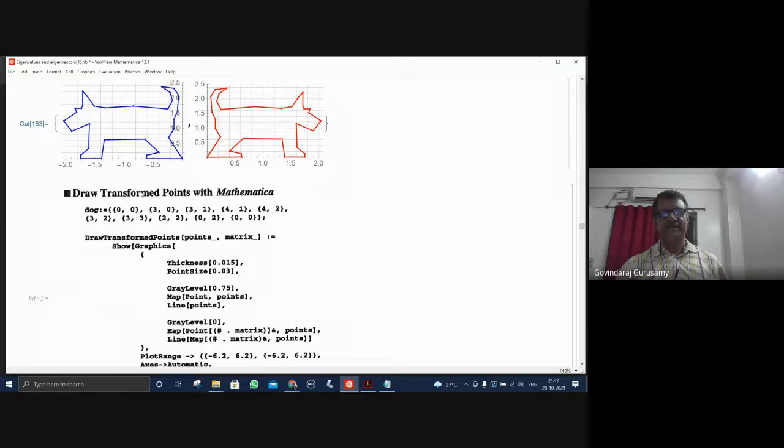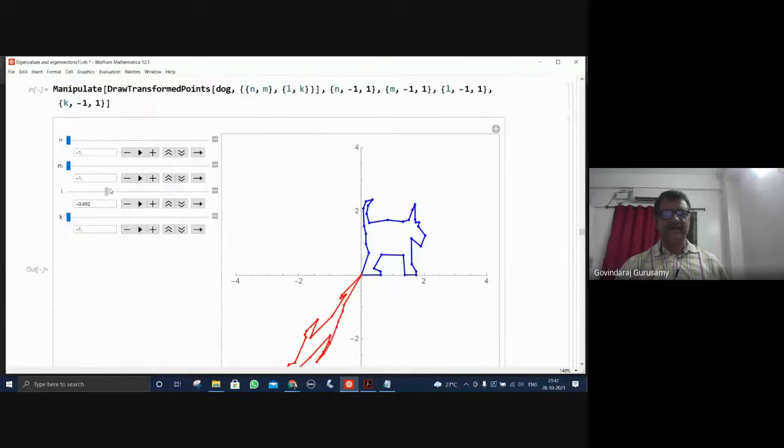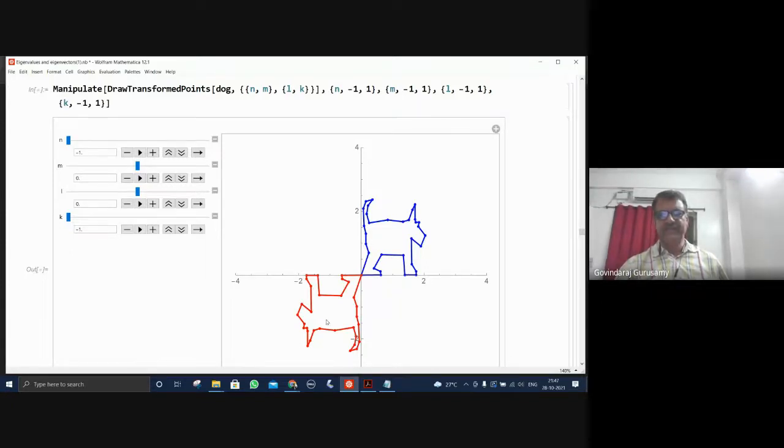Correct? Yes, sir. Okay. The mirror image of this can also be seen by having another minus sign here. You see here. I wanted to show you that. I make this 0. Okay, this is 0. See, -1 and -1. The matrix -1, 0, 0, -1. There is one reflection here, and another reflection which brings this here. That's what the minus sign does. You follow?